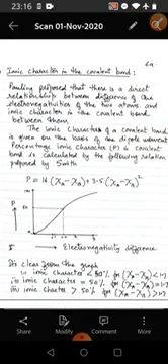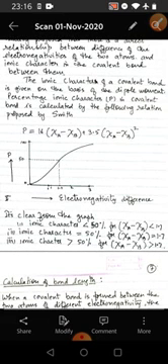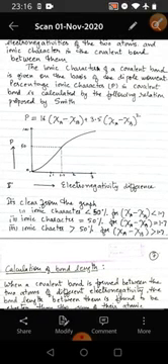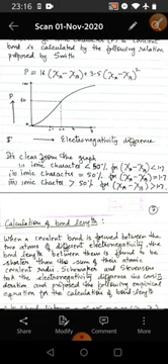Now, we come to the ionic character in the covalent bond. Pauling proposed that there is a direct relationship between the difference of the electronegativities of the two atoms and the ionic character in the covalent bond between them. The ionic character for a covalent bond is given on the basis of the dipole moment. Percentage ionic character P in a covalent bond is calculated by the following relationship as proposed by Smith. P is equal to 16 (xA minus xB) plus 3.5 (xA minus xB) whole